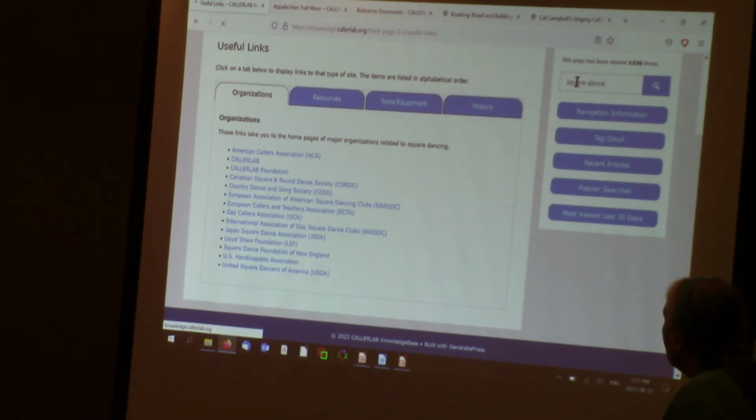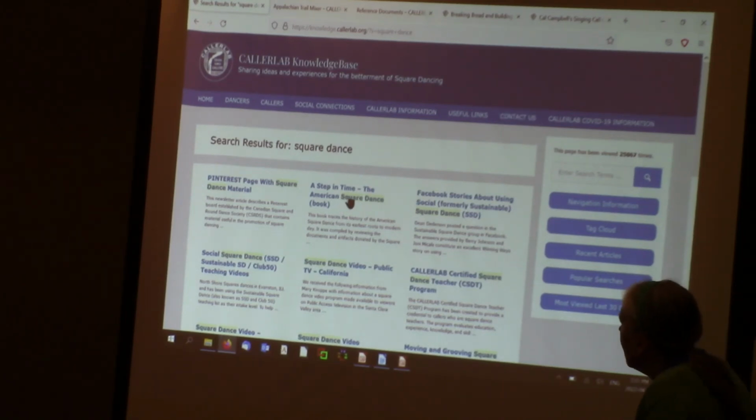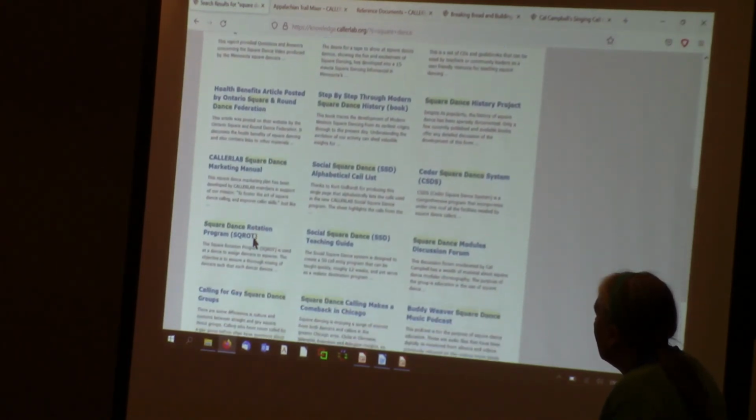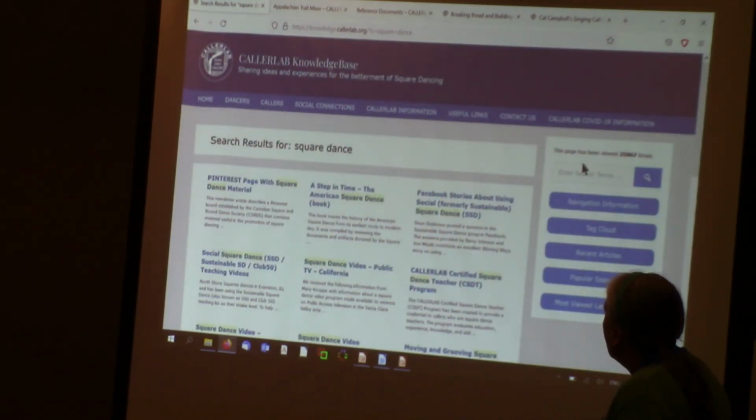Like if we type that in, we get tons. And you can see some of them actually have the phrase square dance in them, but others just have dance. And there's at least 11 pages of hits. So if you wanted to make sure that they had both words,